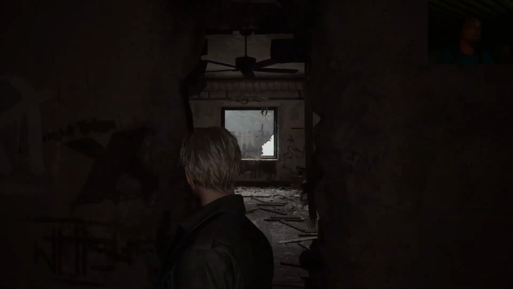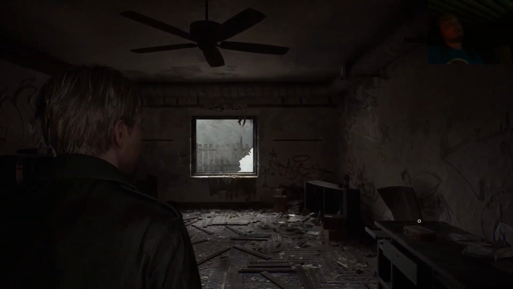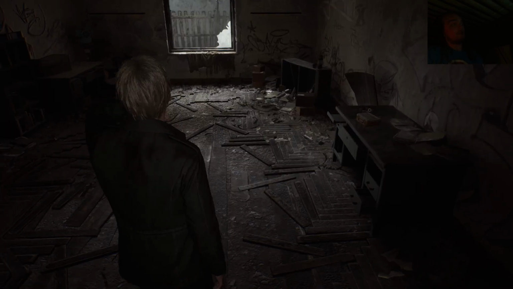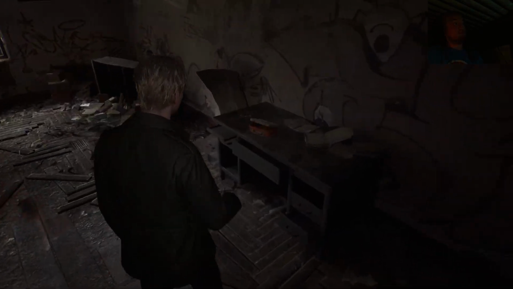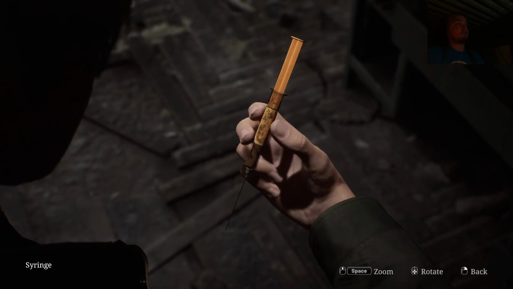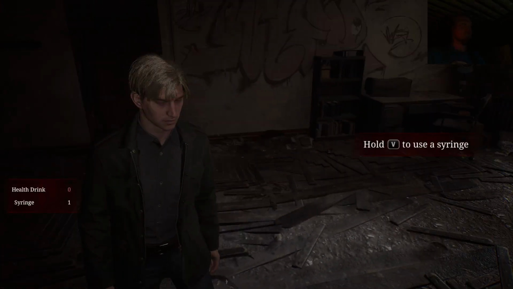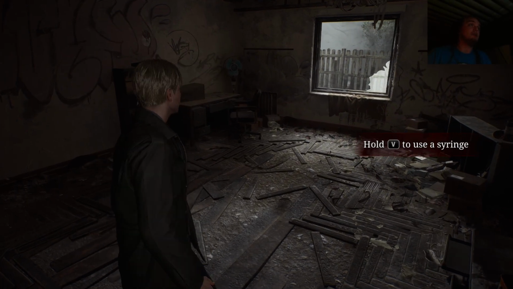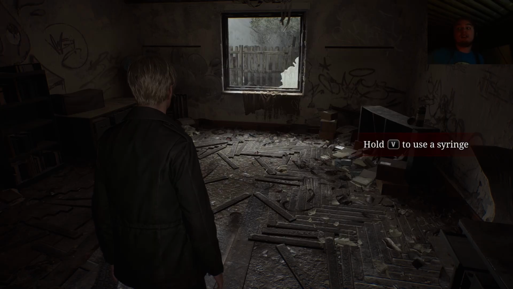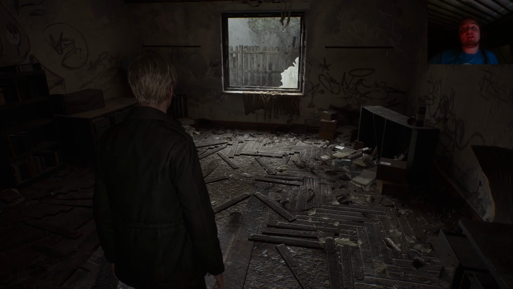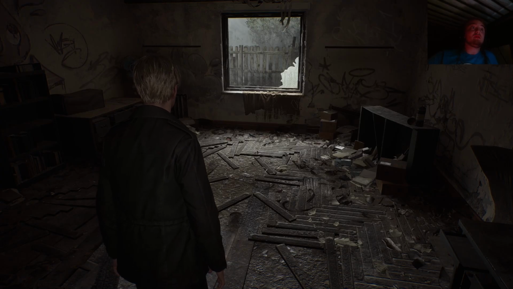So what have we learned so far? We've learned that the town itself is very much representative of sort of Foucault's. Oh my god, that's a very dirty needle, James. I don't know if you should use that. The game up until this point has done a really good job of filling your own brain with boogeymen, with what's in the mist, who goes there.